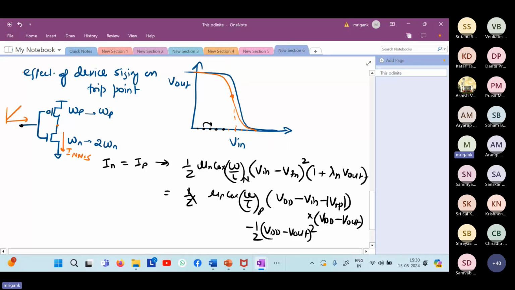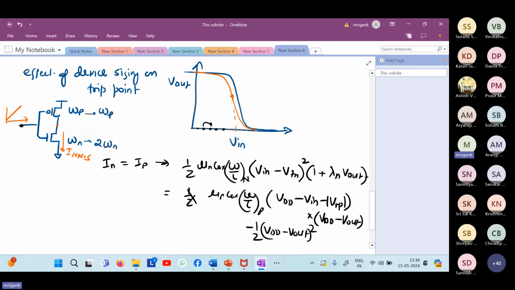Of course, analytically it will be difficult to solve, but numerically, very quickly in MATLAB, you can write the code and solve at different points. Numerically, if you solve at every point it will be time taking, but you can write the MATLAB code and obtain the transfer characteristics at different points, assuming that in the initial stage, the region 2A, your PMOS is in triode region and NMOS is in saturation region. So ultimately, this is what we are doing.